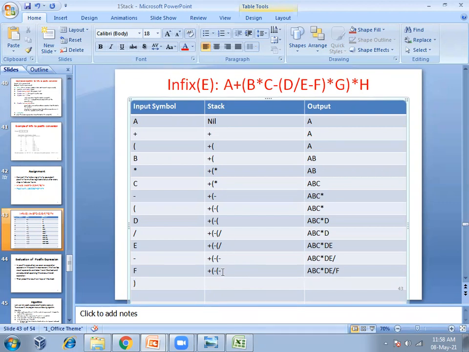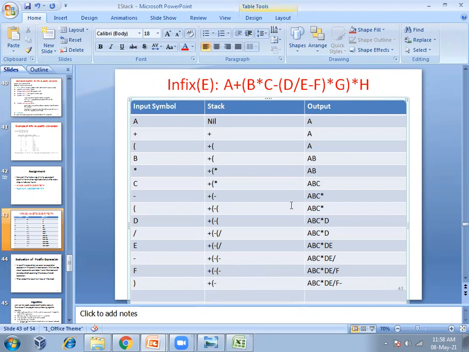What operator is there in the stack till the left parenthesis? Sir, only minus is there. So write minus here, so output that minus. And this will be deleted. So we only have this plus, bracket and minus. This left parenthesis will be deleted, and it will not be outputted. So this is the case.